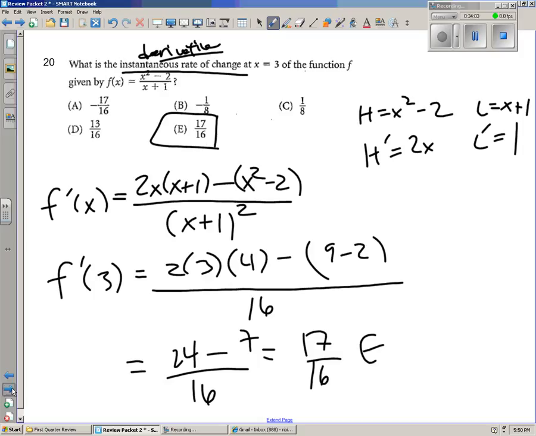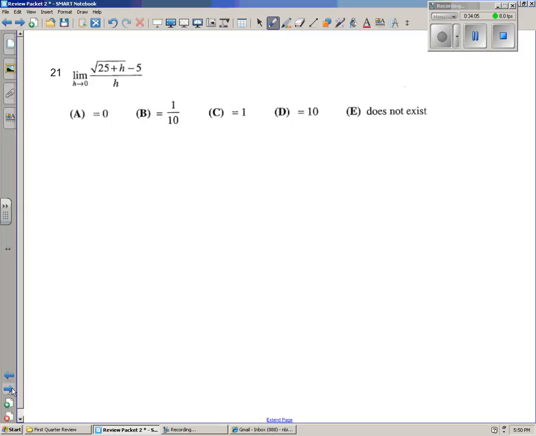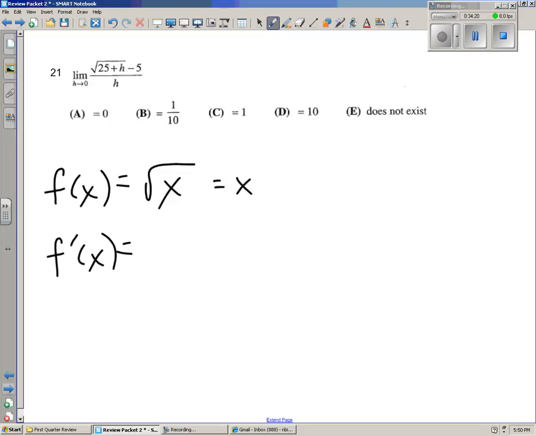All right, 21. The limit as h approaches 0 of the square root of 25 plus h minus 5, over h. This is a derivative question. We have to realize the function we're taking the derivative of is square root of x. Just replace the 25 plus h with an x. By the way, this is x to the 1/2. Taking its derivative, we have 1/2 x to the negative 1/2, which is known as 1 over 2 root x. So now we have f prime at